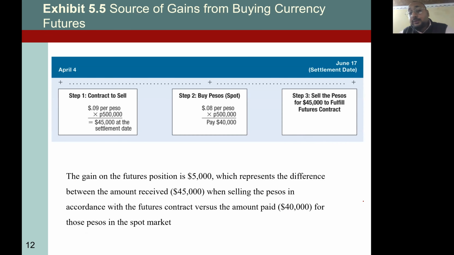So the original contract is to sell. The contract will be honored at the contract price here. So at the settlement date, the seller will receive $45,000 in his account, right? Then the seller will buy from the market. His cost is 0.08 multiplied by